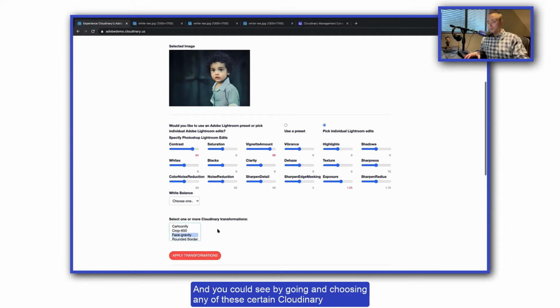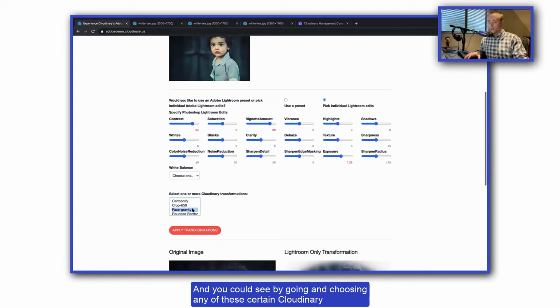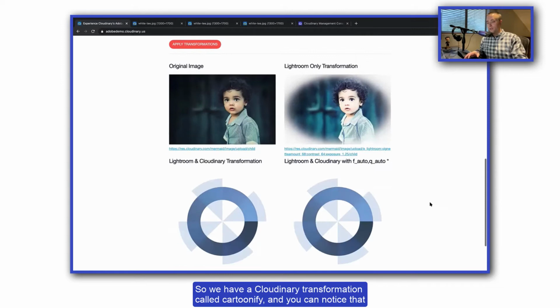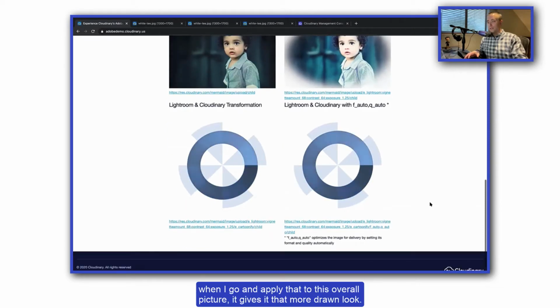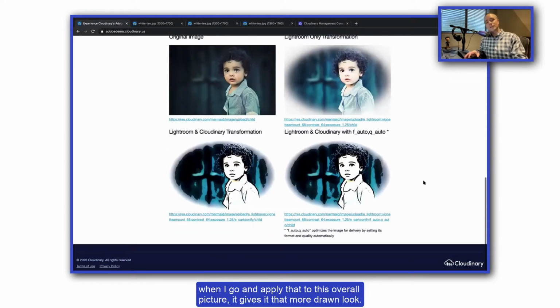And you can see by choosing any of these Cloudinary transformations, you can get that look. So we have a Cloudinary transformation called Cartoonify. And you can notice that when I apply that to this picture, it gives it that more drawn look. But that's because of what you're adding with Cloudinary on top of what Lightroom is able to offer.